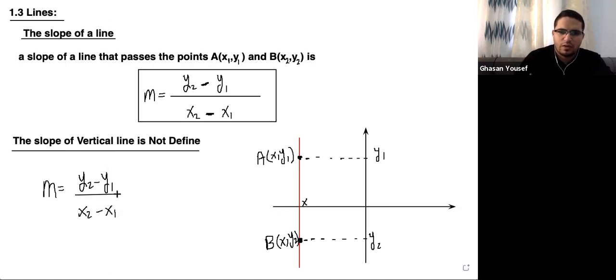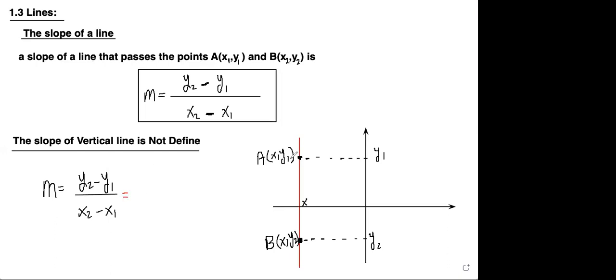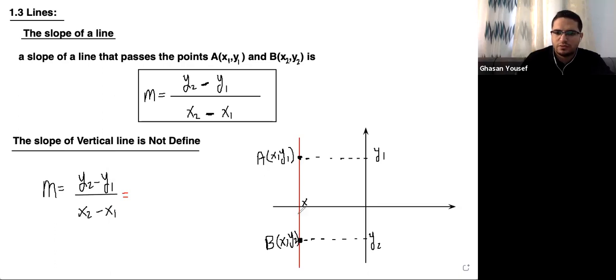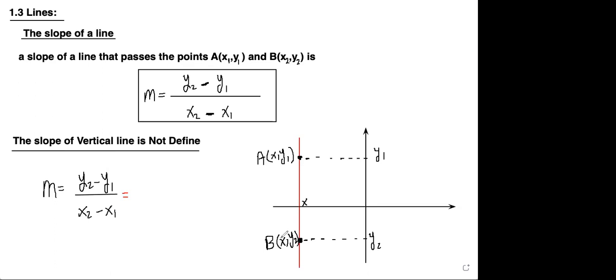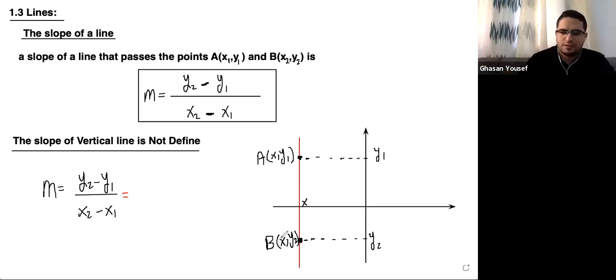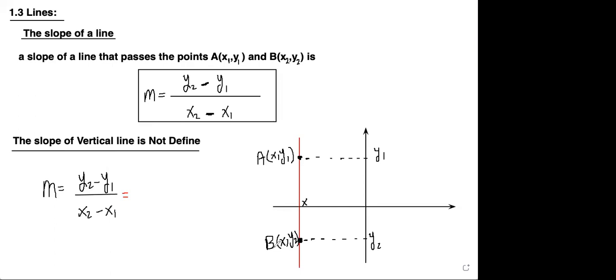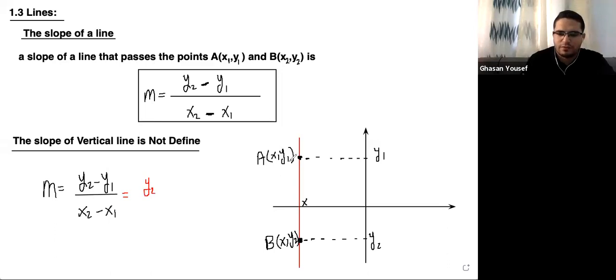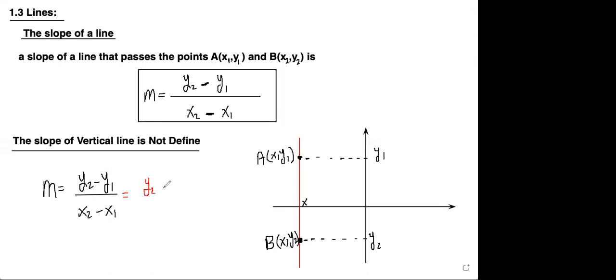Now, what is the difference of y using these points? It is not 0, because y2 is different from y1. What's the y coordinate of this point? y2, exactly. Minus what is the y coordinate of this point? y1. So y2 minus y1